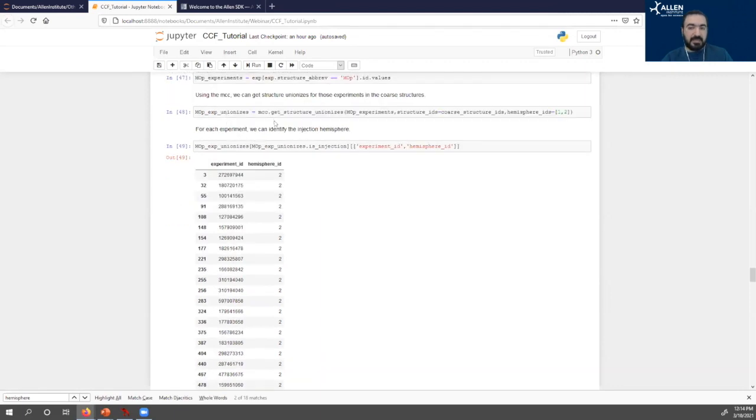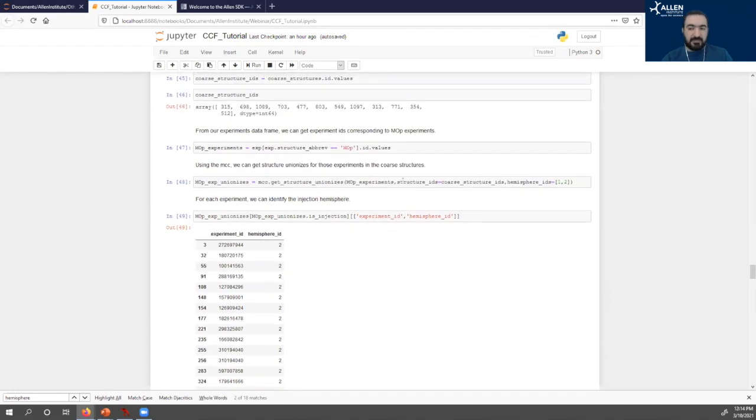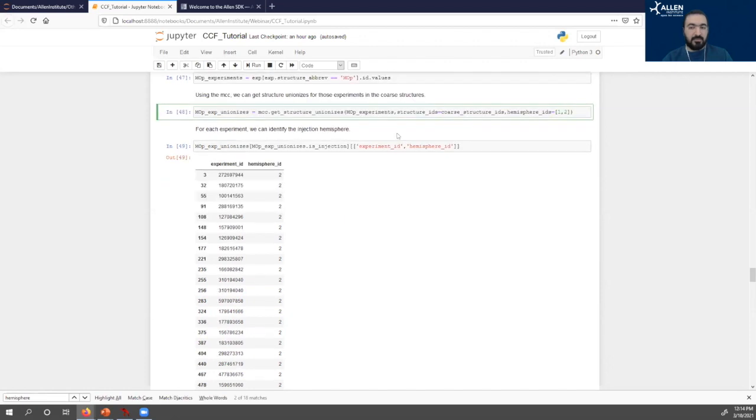And then I can get structure unionizes for these experiments, and I give it the experiment IDs. I give it the structure IDs that I'm interested in. So I'm interested just in these coarse level structures. So I define that, and then I want, let's say, hemispheres 1 and 2, so I can specify what results I want in my unionizes, and then once I get that,